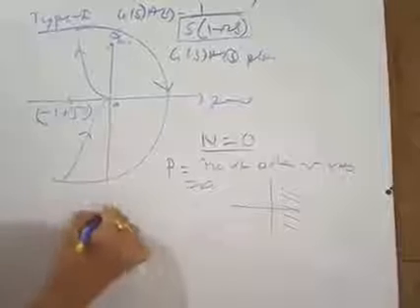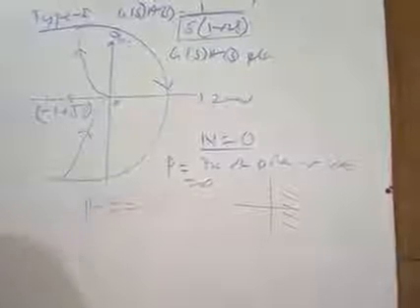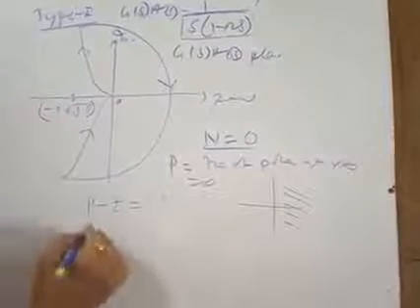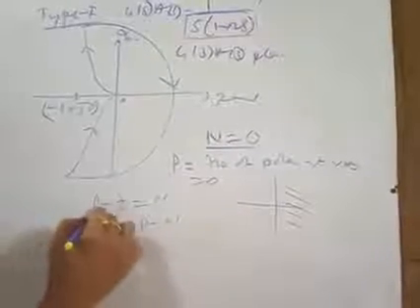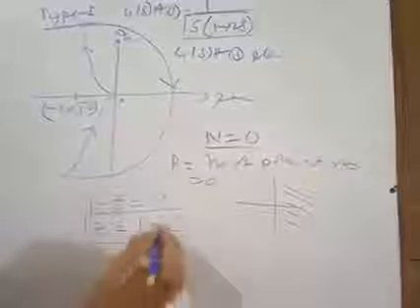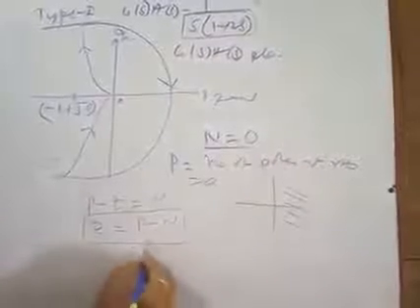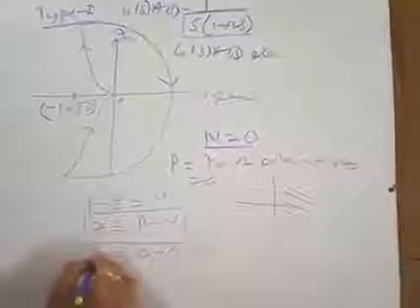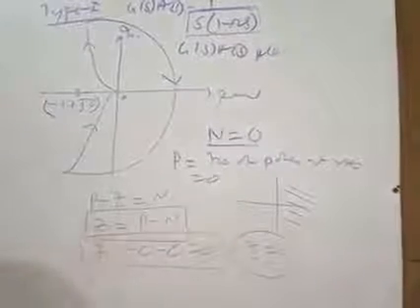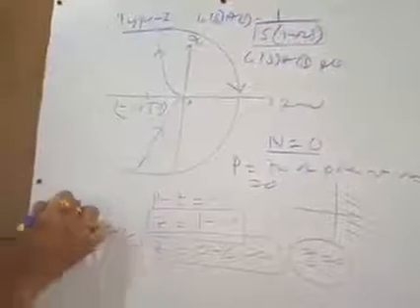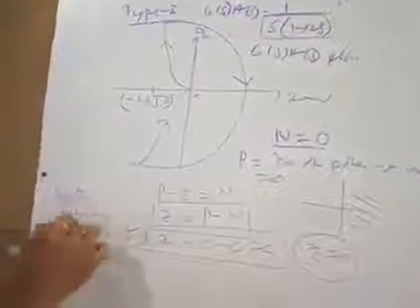So the Nyquist stability criterion is that P minus Z should be equal to N. Now Z is equal to P minus N. Putting in the values, you see this is 0 minus 0, which means 0. So Z is equal to 0, and Z equal to 0 means the system is stable, right? So that is how the stability can actually be determined.